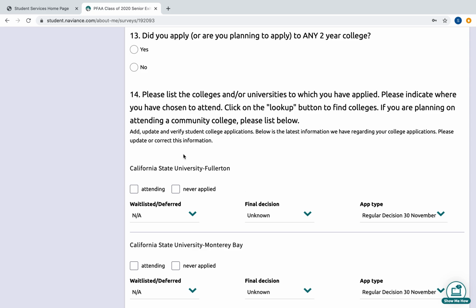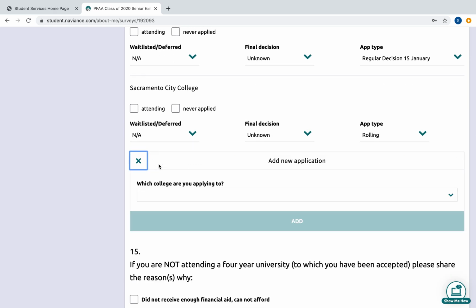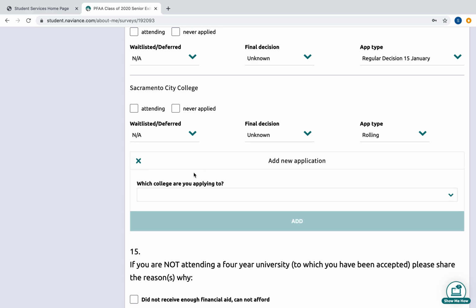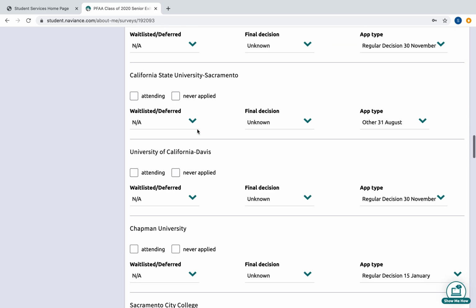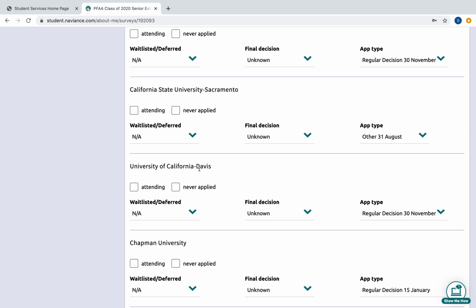So some of you have a bunch in here, some of you have none. If you don't have any schools, go ahead and click to the bottom where it says add new, and you're going to just type in the name of the college you applied to, and then you can just add it to your application. Okay, but here, my pretend student here applied to Fullerton, Monterey Bay, Sac State, UC Davis, Chapman,